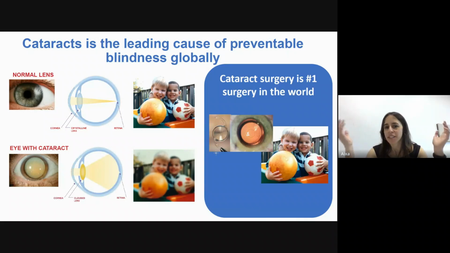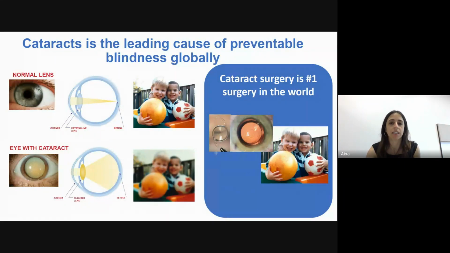There are many different types of IOLs, and I think that's something we can maybe discuss at another time, but there are all different types of intraocular lenses. There are monofocal, there are multifocal lenses, there are lenses that are refractive, diffractive. So there are all different types of lenses to address different needs of the patient. There are patients that want to have a very sharp image for distance and they don't care about wearing glasses, while others prefer to have a small reduction in contrast and maybe visual symptoms, but don't need to wear glasses